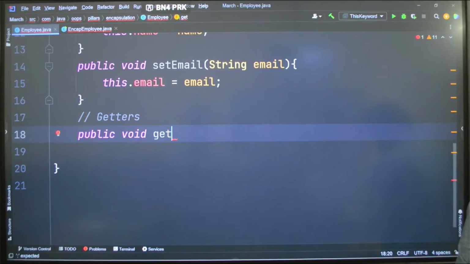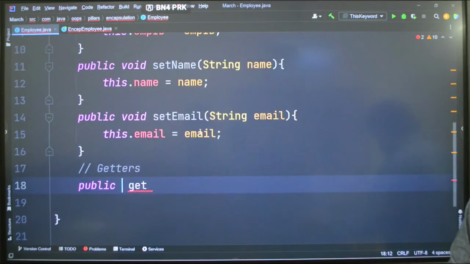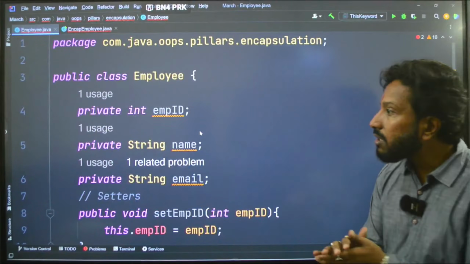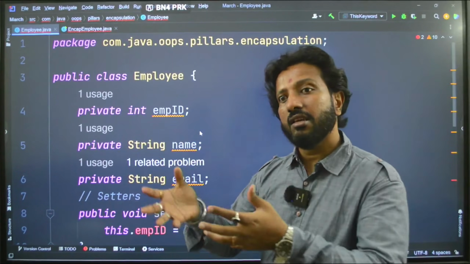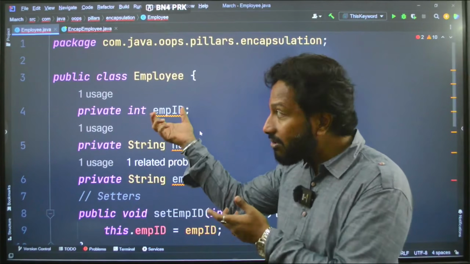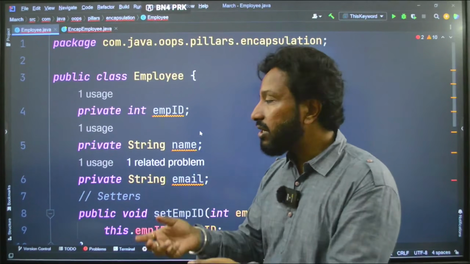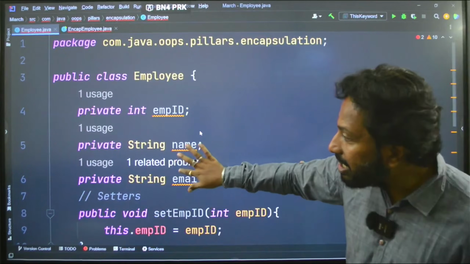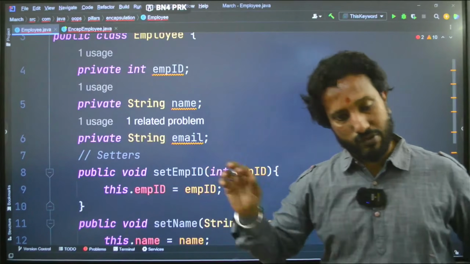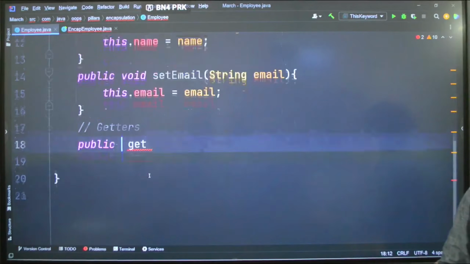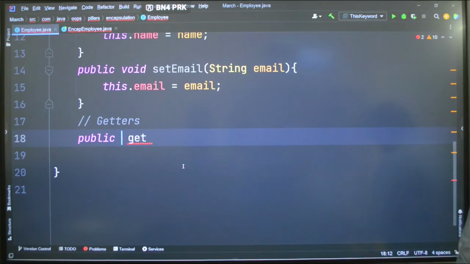Get. Now guys, just remember this, you are returning something from this class to outside. So it will have a return type. Depending on the data type of the variables, you will have that particular return type for the getters. Okay. So what I will do is, I will write public, what is the first one? Integer, right? I will say int